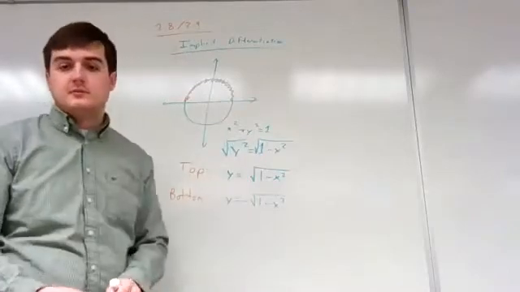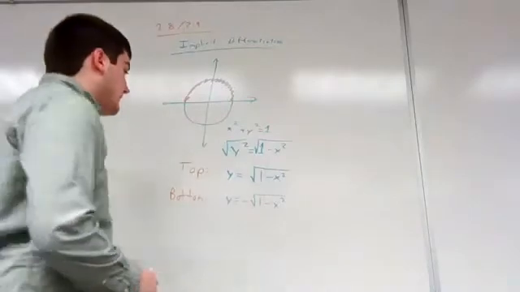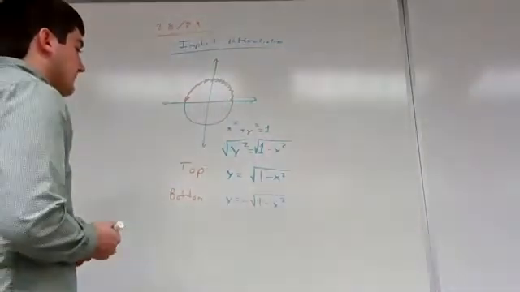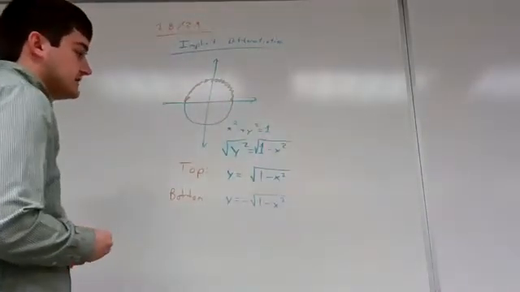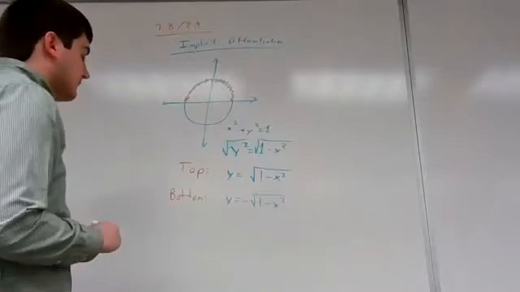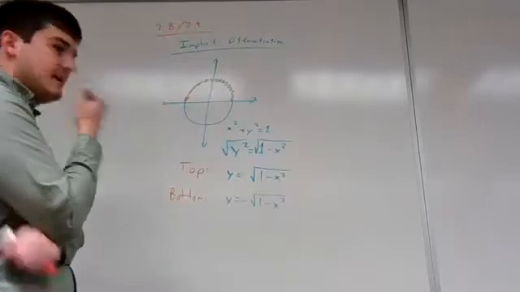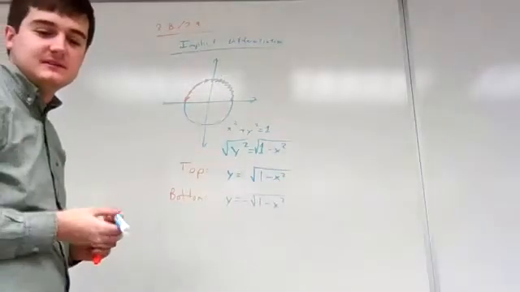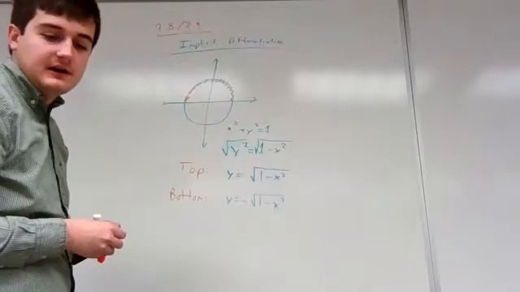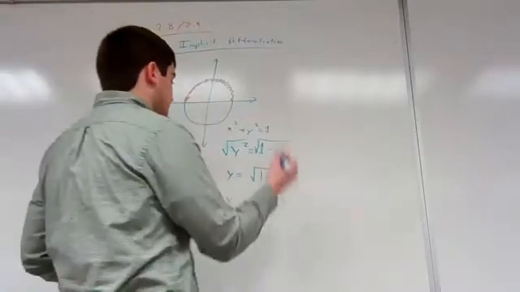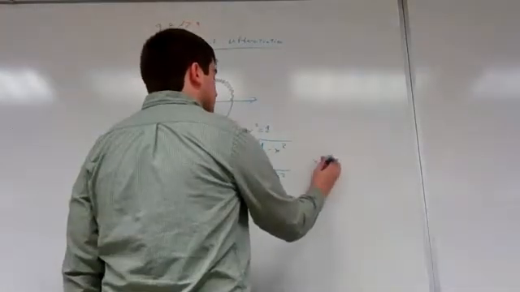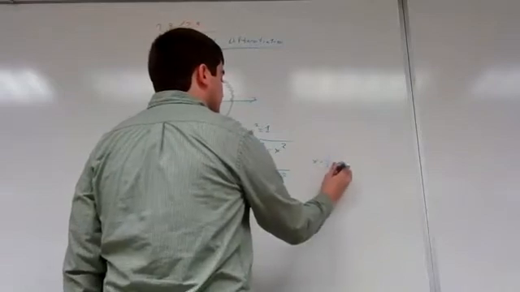So for example, if I want the slope at the point with x is 1/2, let's see, is that a good one? Working with one is probably a little more difficult. But if I just use x is 1/2,